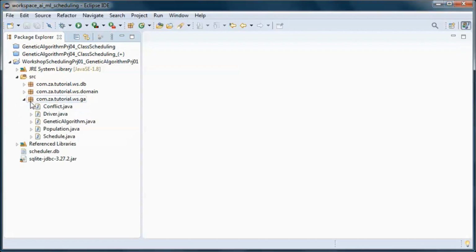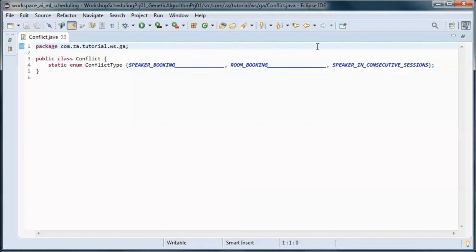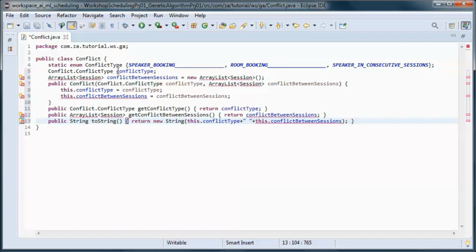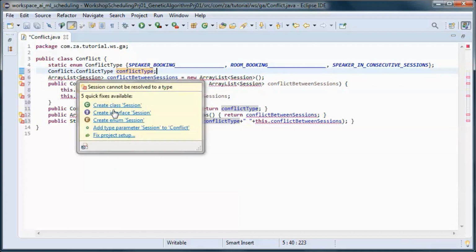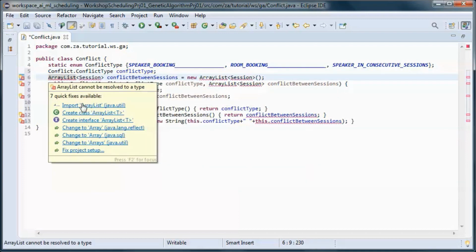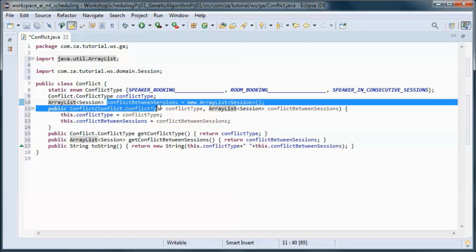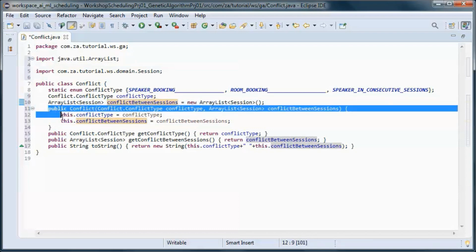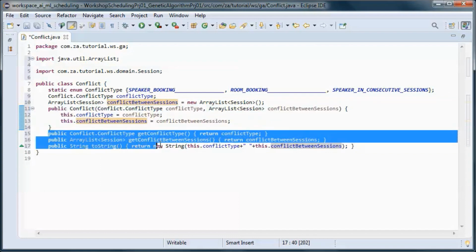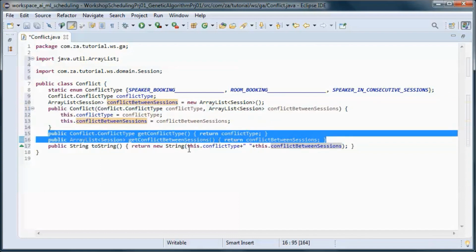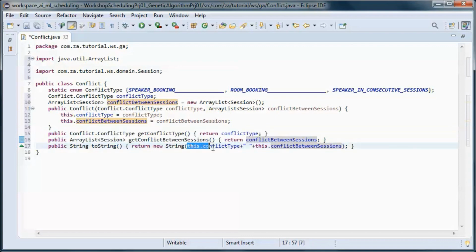And a conflict will have a conflict type, and the sessions that this conflict is in between, and they both will be initialized in the constructor and will have get methods, and the toString method will return the conflict type and the sessions that this conflict is in between.